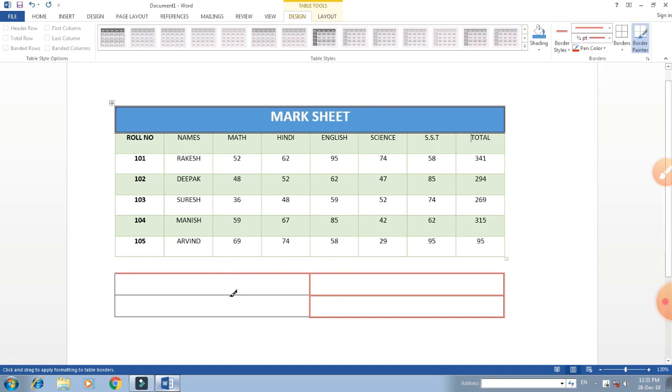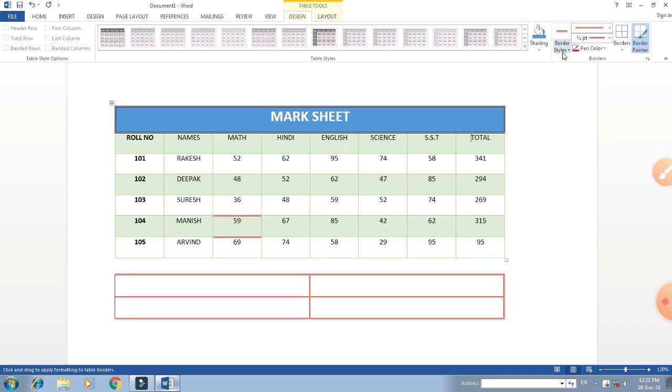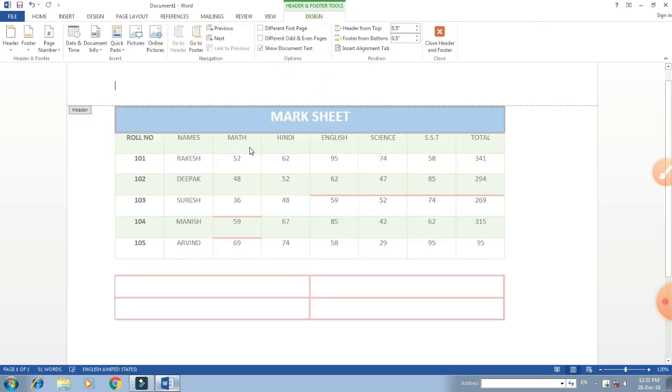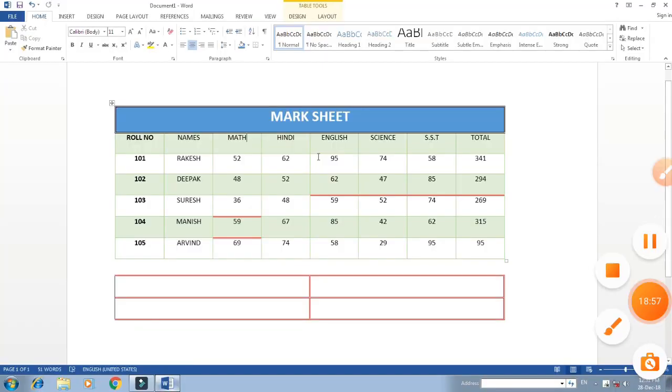Any line you want to paint, you can color any line with any value you want to show as a highlight value. So we use such a pen color for coloring or showing some important value in the table. Student, these were such important terms related to the table, and I tried my best to show all these options that are present in the table.